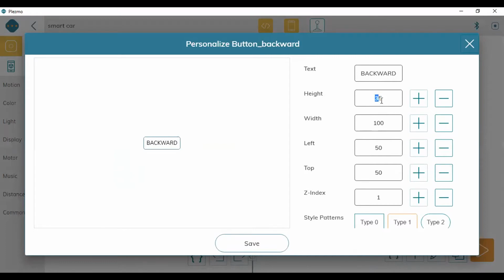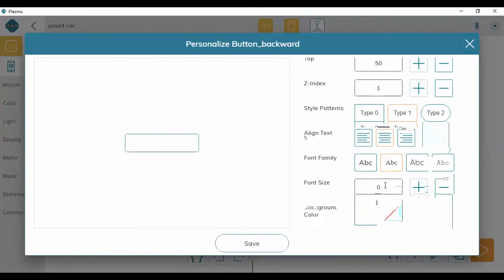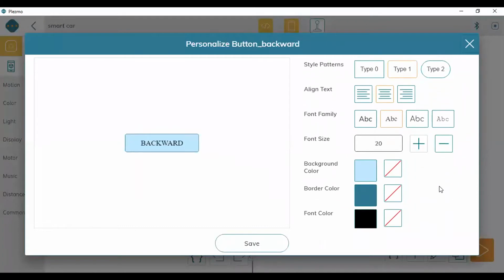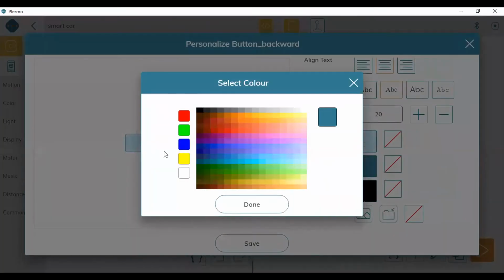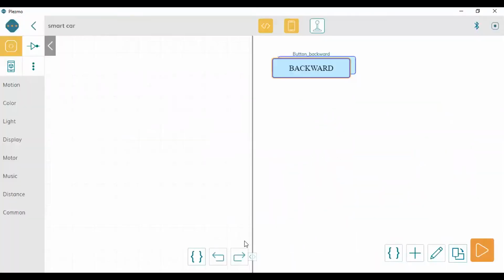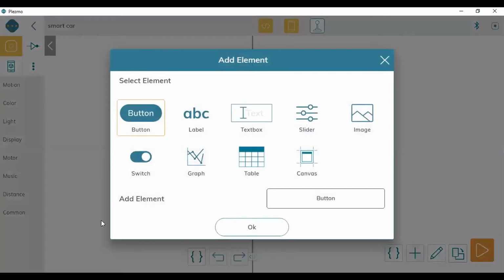Earlier I had taken 45 or 50, and the width was 200. Then we can change the font size again, 20. And then the background color was light blue, and this color also I had changed. You can try different things here. Save. So here it is, forward, backward. Now let me take one more button for stop.